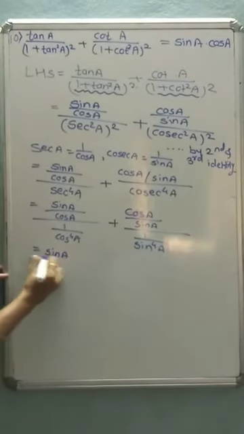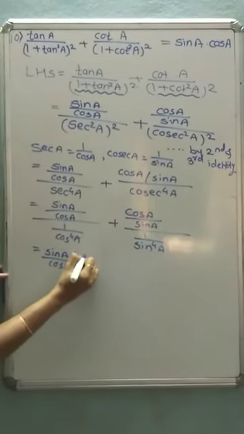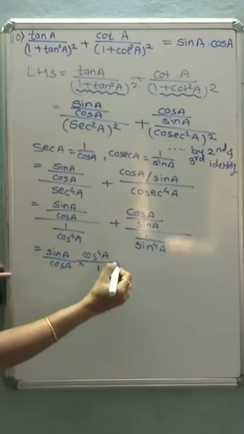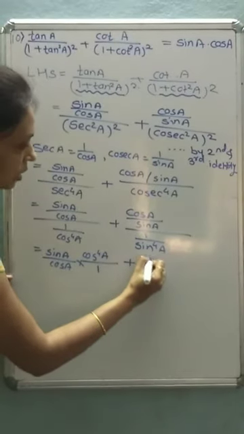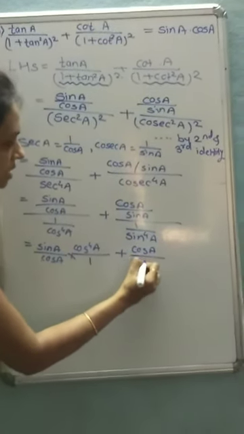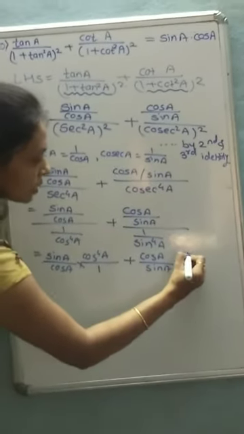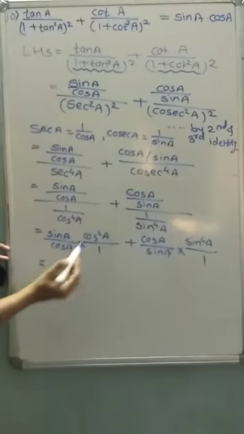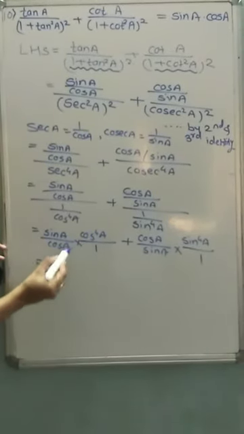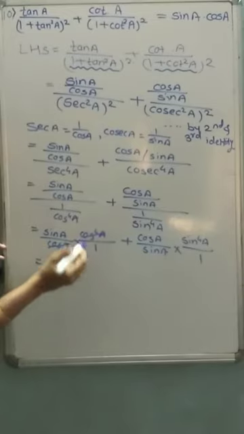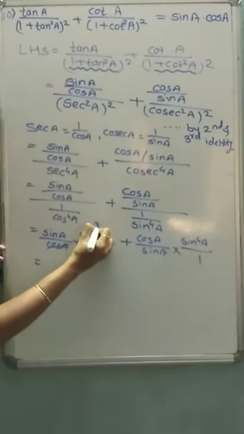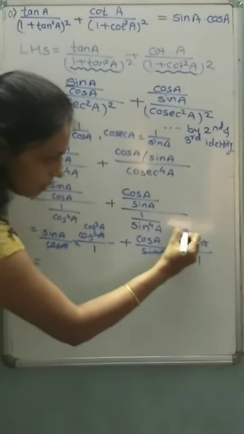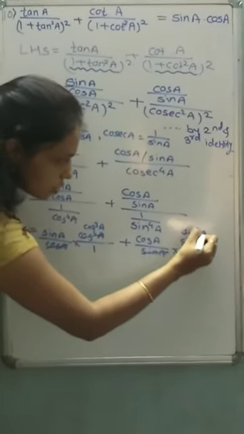Do the reciprocal of this denominator. So, sin a upon cos a into cos raised to 4a upon 1, plus cos a upon sin a into sin raised to 4a upon 1. If you see, there are 4 cos and here 1 cos, so this 1 cos is cancelled with this 1. So, what is remaining? Cos raised to 3a. Similarly, sin a cancelled with this 1 sin a, so here it is remaining sin raised to 3a.